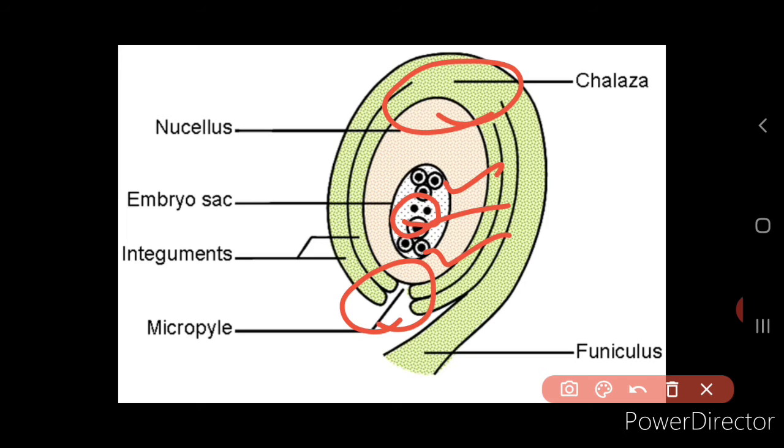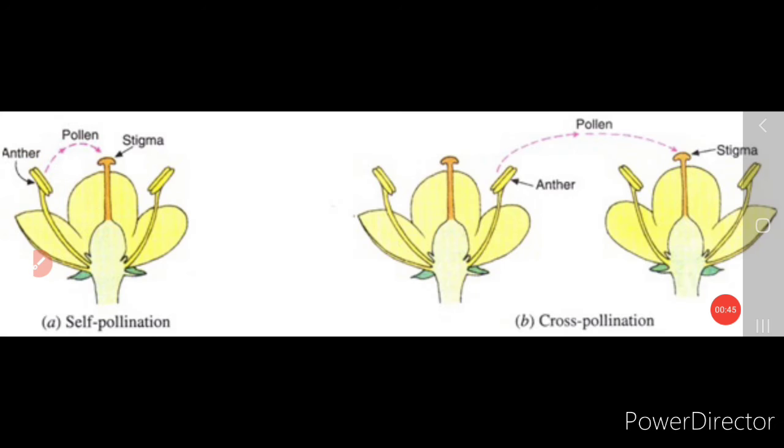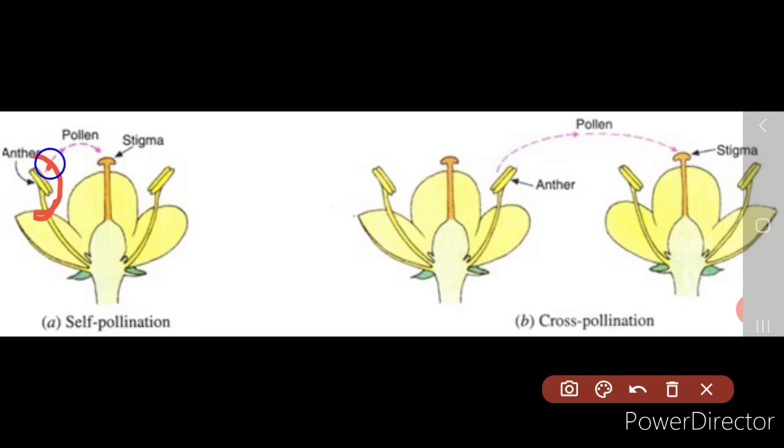And if you see the process of reproduction in the flowering plants, it consists of two processes. One is pollination, the other one is fertilization. Let's see what is pollination. Now pollination is nothing but the transfer of the pollen grains that are produced in the anther to the stigma. Now this is the anther, right? And it produces the pollen grains in the pollen sacs, we said, isn't it? And these pollen grains are transferred to the stigma of the flower, and that transfer of the pollen grains is called pollination.